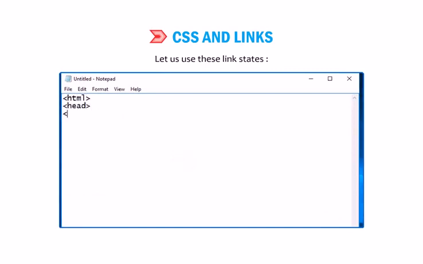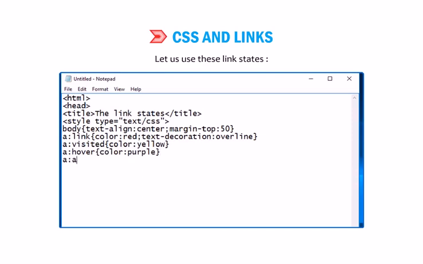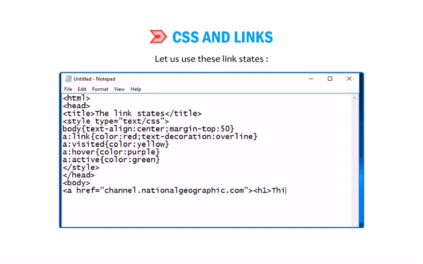<html><head><title>The link states</title><style type="text/css">body {text-align: center; margin-top: 50} a:link {color: red; text-decoration: overline} a:visited {color: yellow} a:hover {color: purple} a:active {color: green}</style></head><body><a href="channel.nationalgeographic.com"><h1>This is a link</h1></a></body></html>